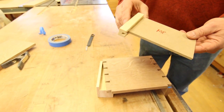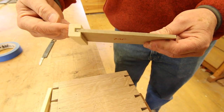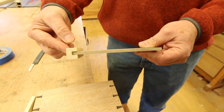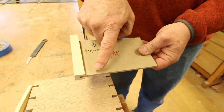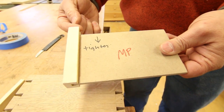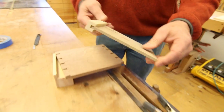What I came up with is just dirt simple. It's a piece of 1/4-inch MDF, and I cut a slot in a piece of pine, and I glued it to one edge. When I was gluing it, I used my square to make sure that I'm at 90 degrees, and I left it long so a little tab sticks out. What I can do now is